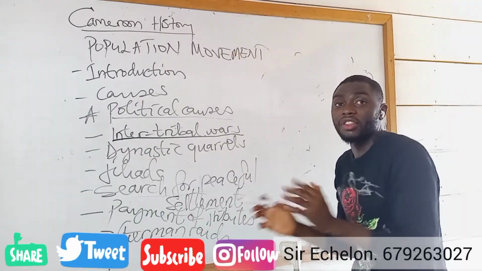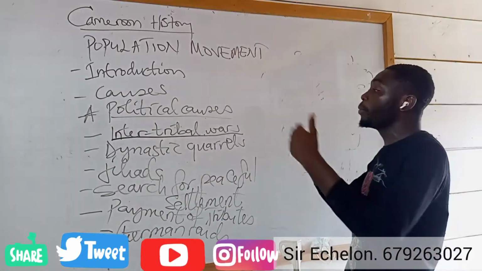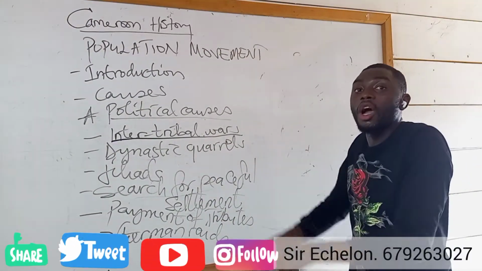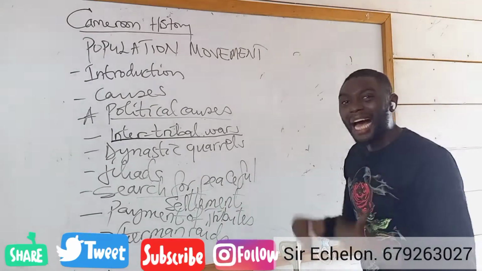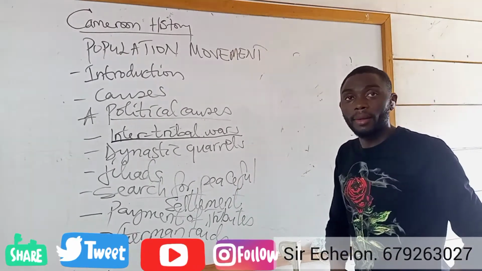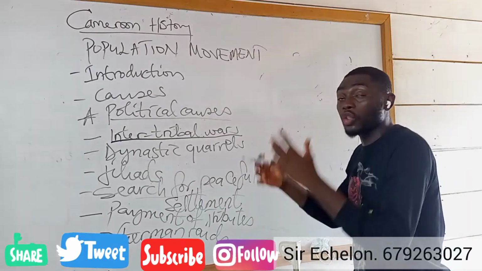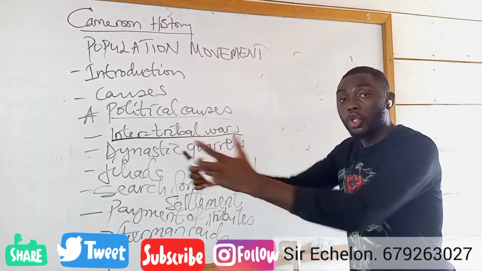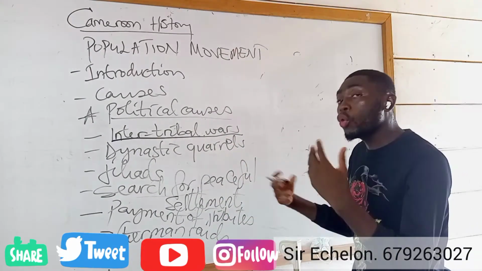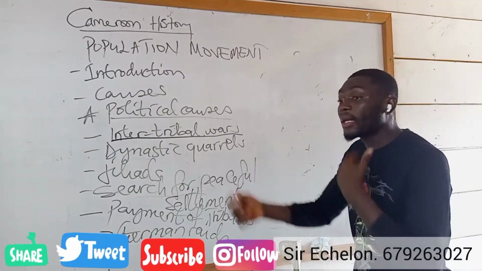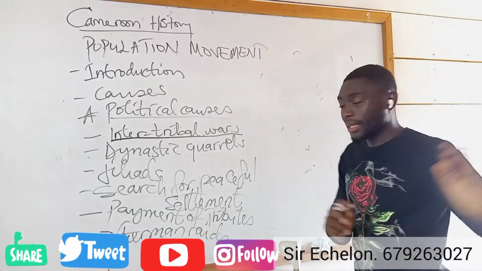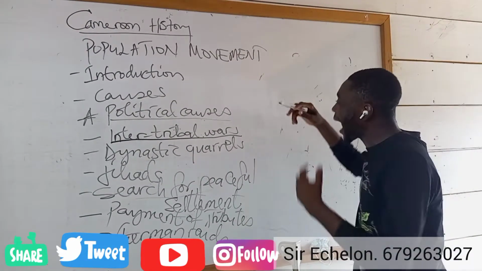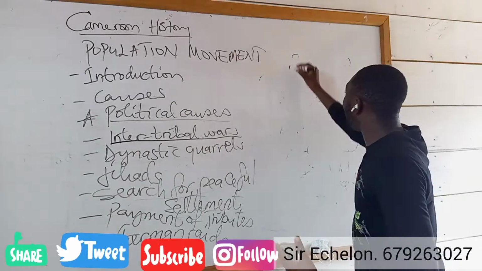And when it did not work out as they wanted, they were forced to move to a different settlement because they did not want to stay in the kingdom and see another opponent rule them. So, dynastic quarrels or succession disputes were among princes and princesses fighting to succeed their father. At the end, those who were not able to take over the throne had to migrate to different settlements. A case in point, for example, is the Bali Chamba, who migrated